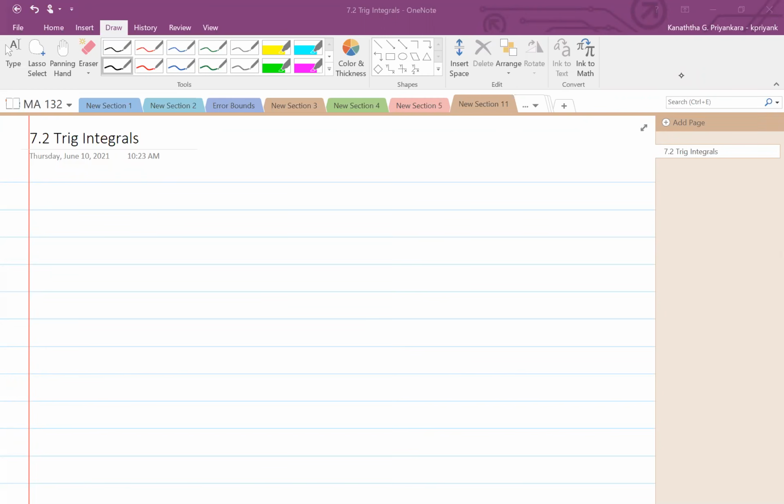So today I'm going to do chapter 7.2. We discuss trig integrals. We are interested in these two integrals. The first one is the integral of cosine nx times sine mx. So that is the first integral, and the second one,